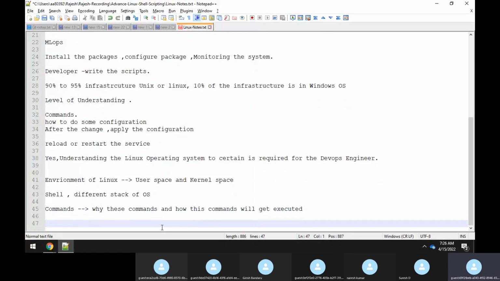And also, of course, after that, when you're working on shell, yes, you need to know about shell scripting also, very well. Understanding the shell itself will take some time, guys. So after that, you need to learn what the shell is, and you need to learn about shell scripting also. That is also very important.